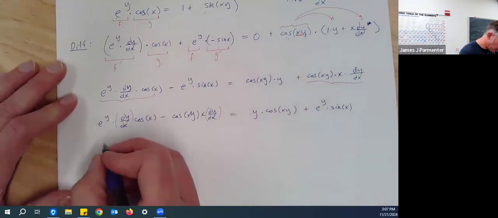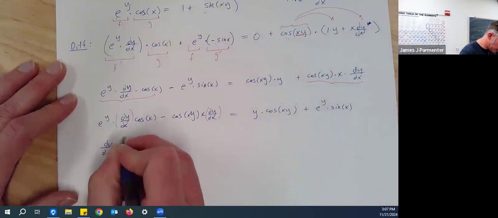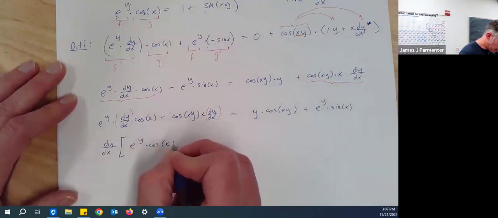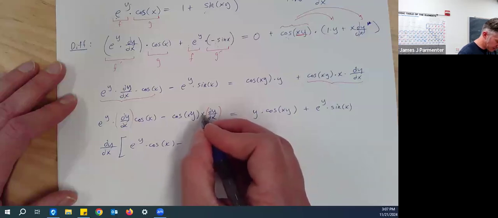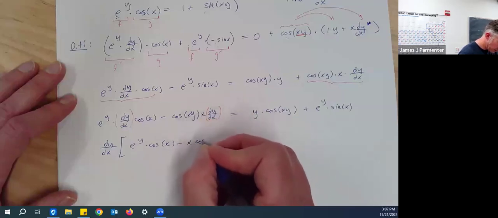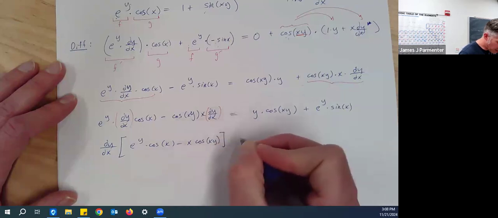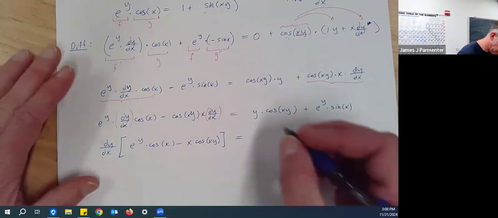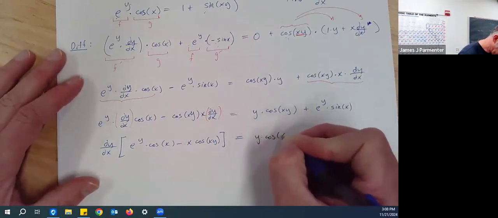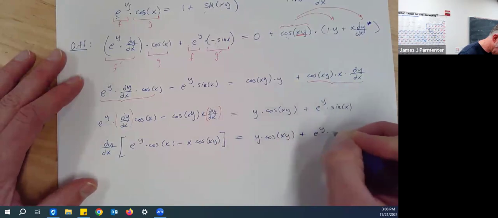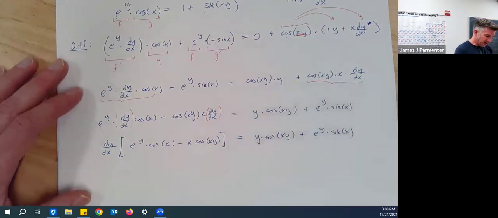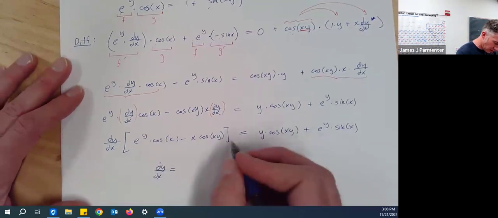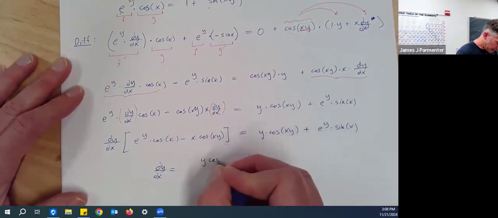So that I have now dy dx times the leftovers, which is e to the y times cosine of x minus, I'm going to write this as x times cosine of xy. You might be able to convince me that this one step, you don't have to write the right-hand side. I'm still going to write it. y times cosine of xy plus e to the y times sine of x. Finally, divide both sides by this and get that dy dx is equal to all this stuff,